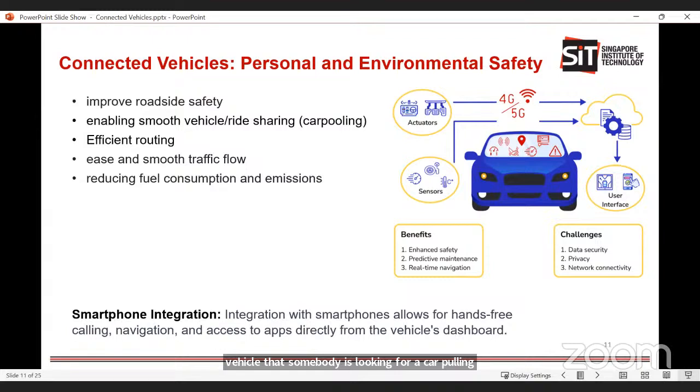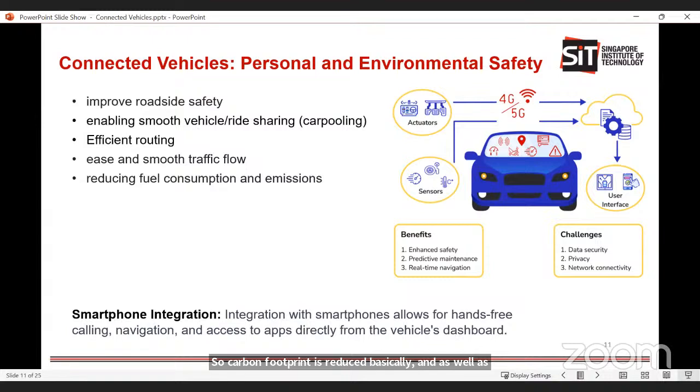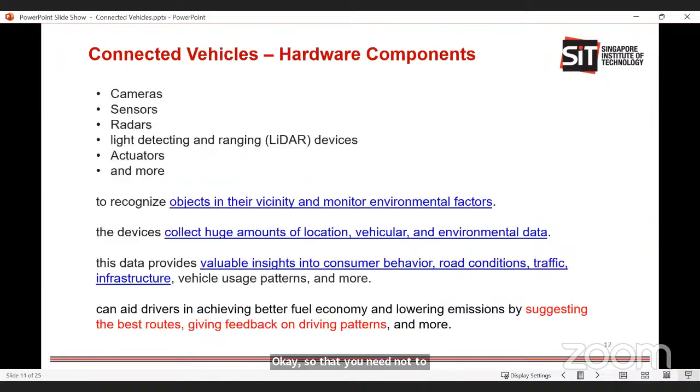It also reduces the fuel consumption quite a bit, probably by half. So the carbon footprint is reduced, as well as fuel emission. What we can do is smart integration of the phone with the vehicle, so that you need not check your phone, but all the information is available on the app on the car dashboard. So what you need is cameras on the traffic lights, sensors,